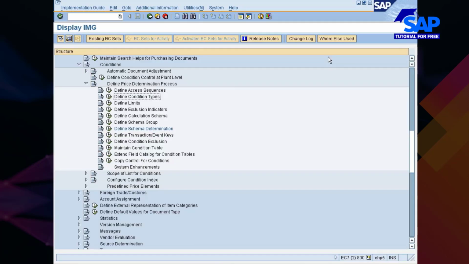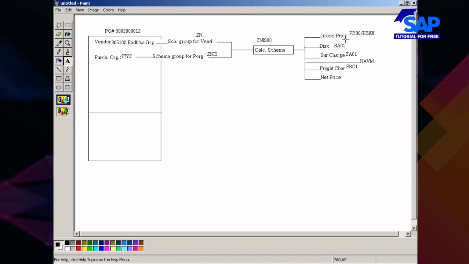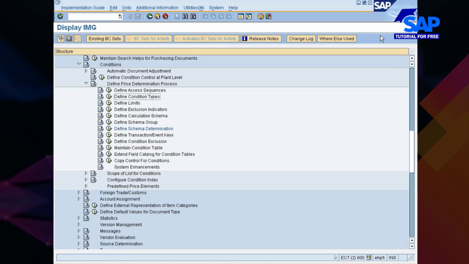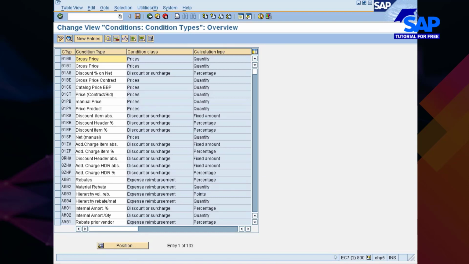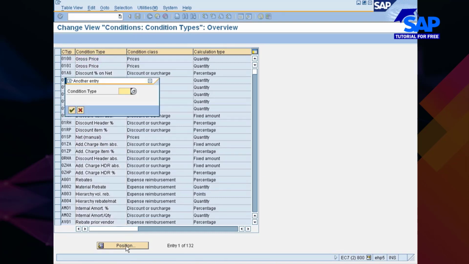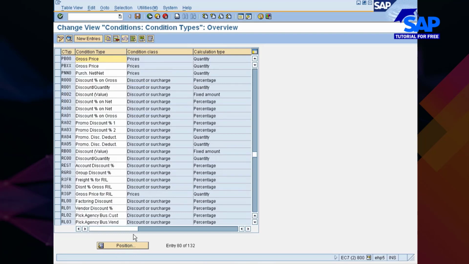That we will see. Now let's have a look at what this condition type looks like and what it contains. For that you have to go into define condition type, right? You go with define condition type. So here, go to position PB00. This is the first condition.